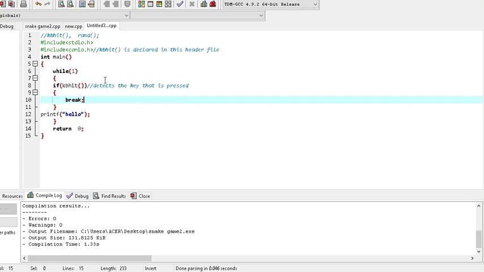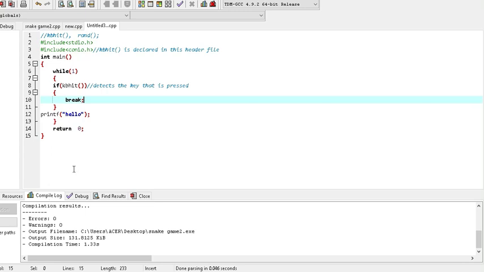See, this is a very short code in which I first ran an infinite loop, while(1). Inside the while I have written if kbhit, meaning if you press any keyboard key, it will enter the if block, and inside it I have written break. So if you enter any key, the program will exit the if as well as the while loop. And if you're not pressing any key, it will simply print hello.